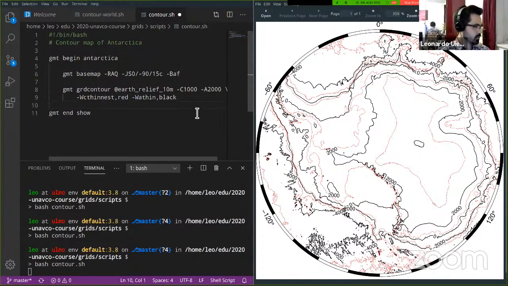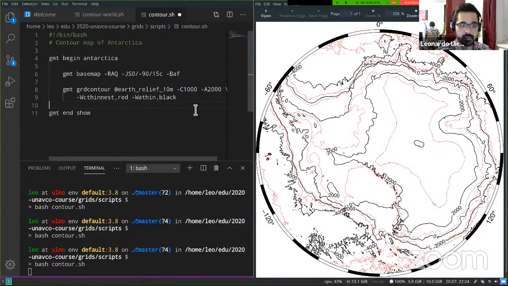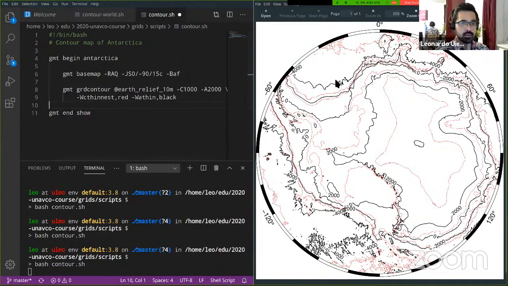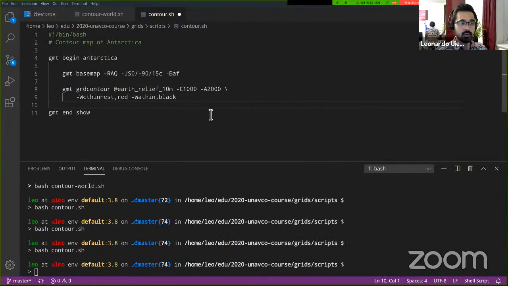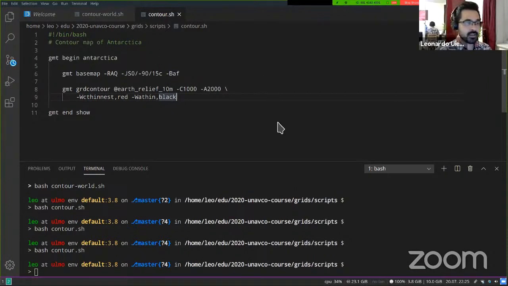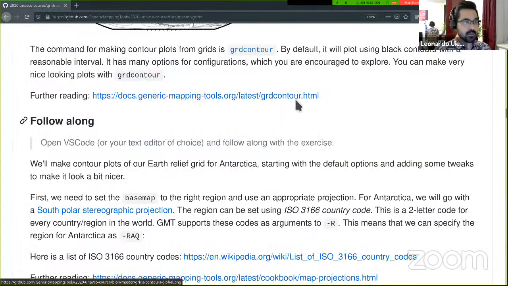Okay, so let me check the time. Okay, so that's it for the contours. So you really should go look at the contour documentation. There's a lot that you can do with the contours. I do provide some more examples of customization on the GitHub website, but you can check things there. All right, so next up